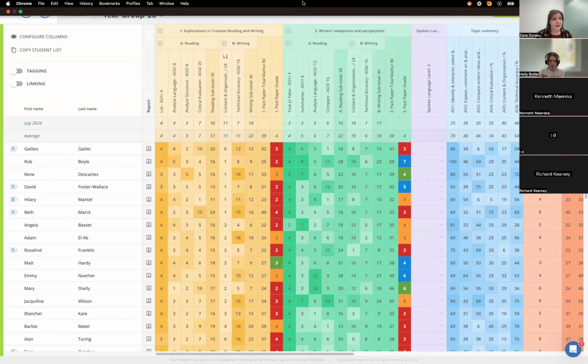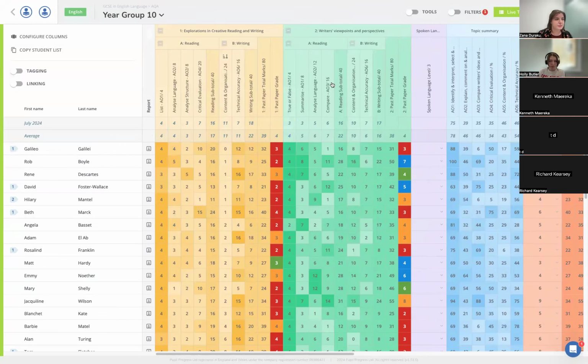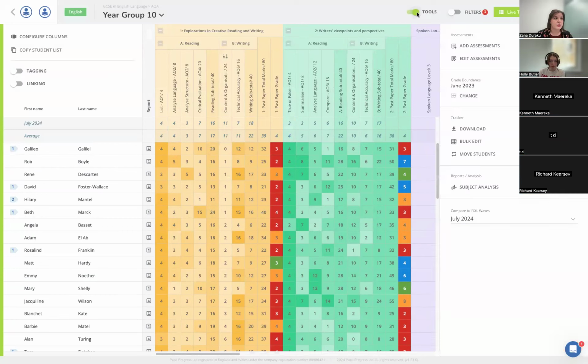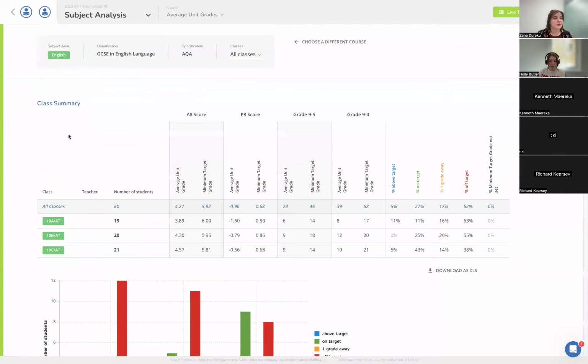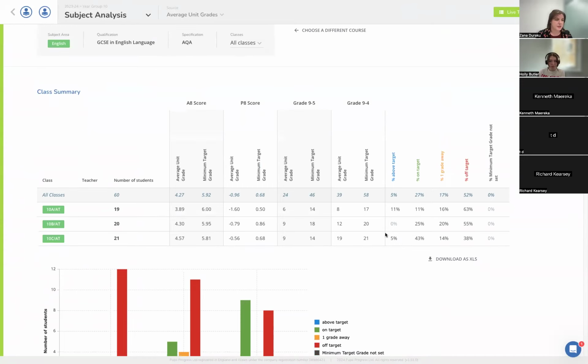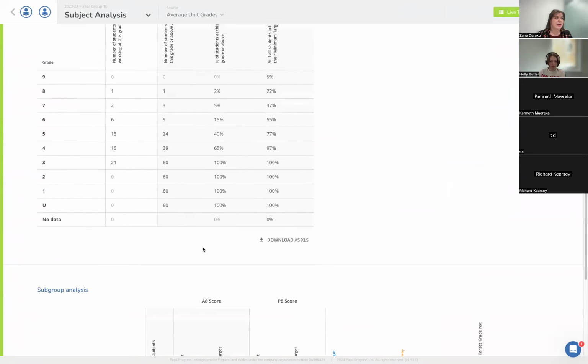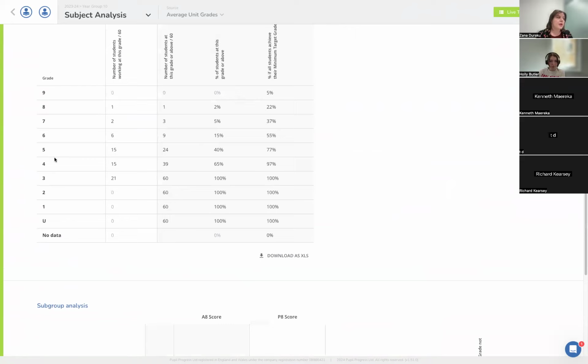Sort of moving on from here, we can also use the subject level analysis to understand our subgroup gaps. If I go onto the tools toggle and go to my subject analysis here, what I'll see is a breakdown of the department and how my classes are doing compared to their minimum target grades. For instance, here I can see in my classes the percentage of off target, 1 grade away, on target and above target. I can also see the grade cumulative breakdown, which can show me how many students are at